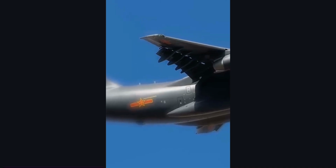The Type-15 is also air-transportable and can be airdropped from several Chinese aircraft. Recently, the Chinese Defense Ministry announced that the innovative Xi'an Y-20 strategic airlifter would be able to carry 2 Type-15 tanks with relative ease. When it comes to armor, the tank features the latest modular add-on armor kits and can use composite, explosive reactive, or passive armor modules. The hull and the turret are reinforced with cage armor to provide additional protection against rockets and missiles. Fit for high altitudes. China